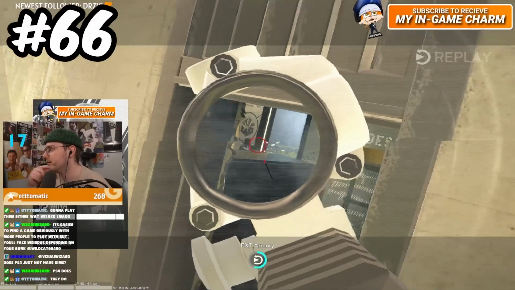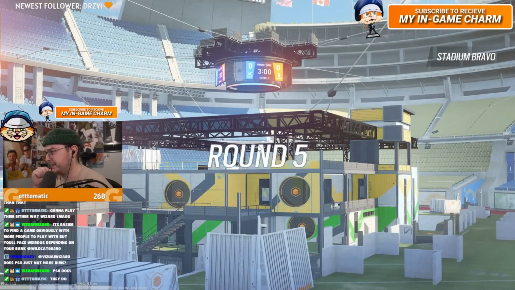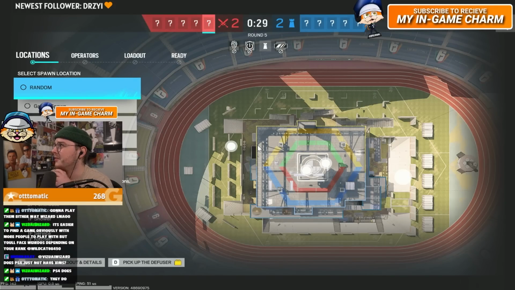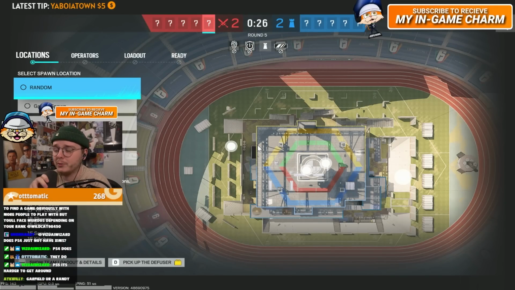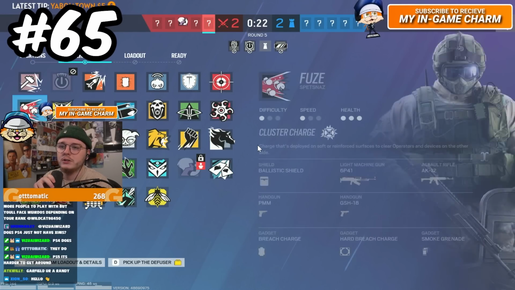Next is the RG15, which is Ela's pistol, like I was just saying. It's a very solid pistol, and it's a good secondary, especially if you run Ela's primary shotgun. On Zofia, it's cool. There's nothing really much to say. It's a pistol, so...